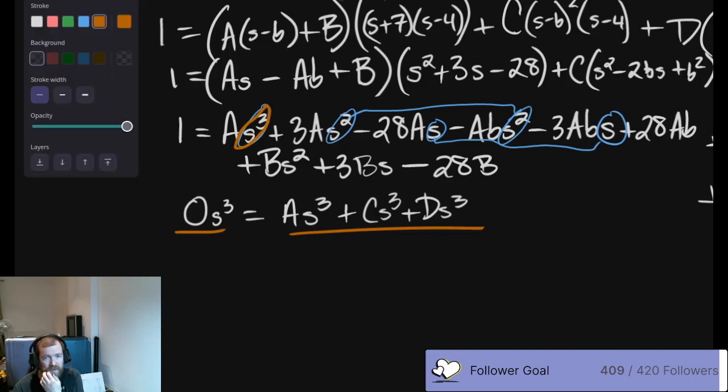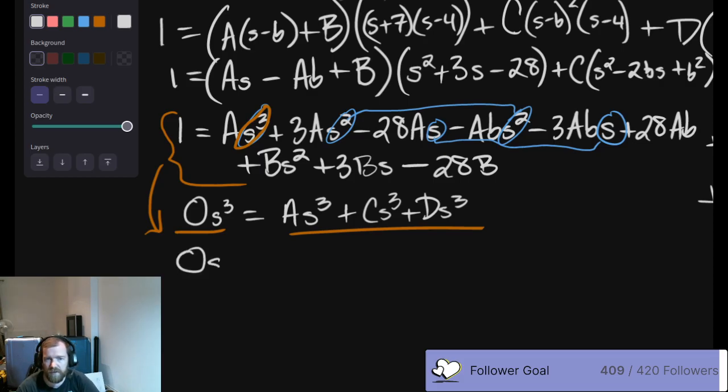Okay, so what we're going to do is we're going to decompose this entire equation into multiple lines. The reason that we do this is because all of our s cubed stuff needs to be the same, all the s squared stuff needs to be the same, all the s stuff needs to be the same, all the constant stuff needs to be the same. Why? Because this needs to work for all values of s. Right? From negative infinity to positive infinity for s, we need this to work. So it needs to be independent of trying to find a solution within all this stuff.